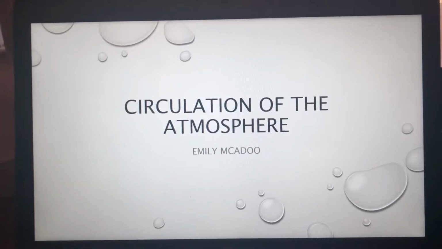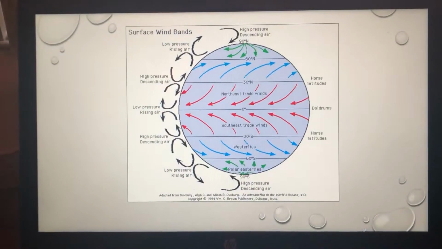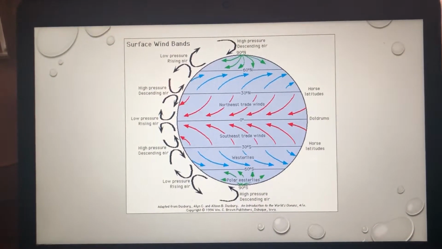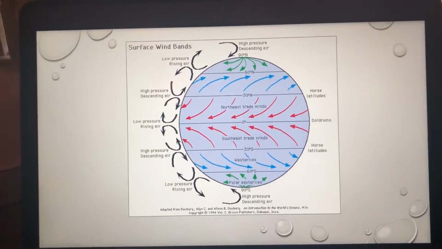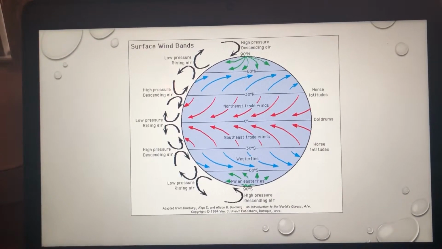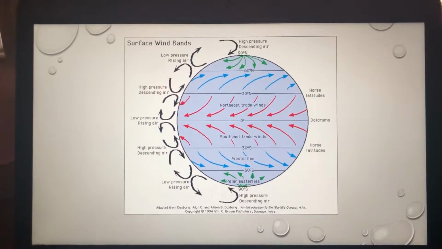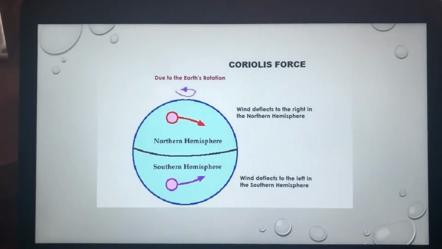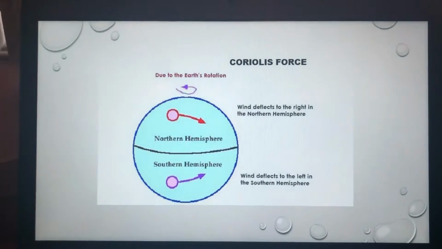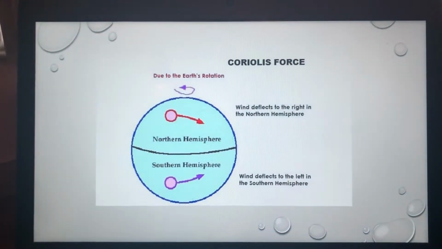In this PowerPoint, we will talk about circulation of the atmosphere. This first picture shows the general circulation. The circulation of the wind is driven by the rotation of the earth and the incoming energy from the sun. Wind circulates in each hemisphere in 3 distinct cells that help transport energy and heat from the equator to the